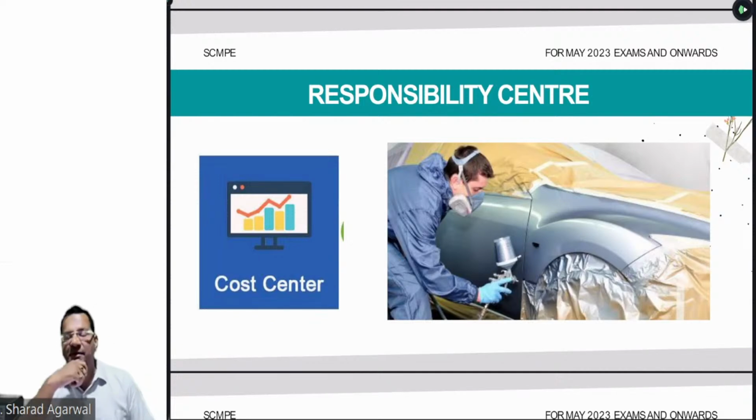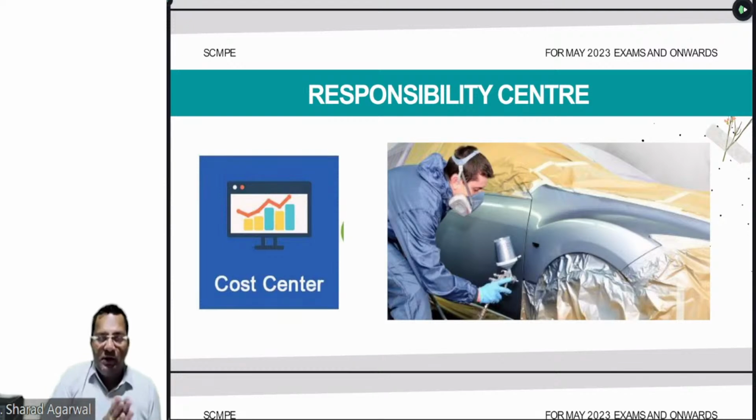Okay. Now, please tell me, beta, this is a very, very important point. If you are the cost center, whether you will focus on cost control or whether you will focus on cost reduction also. What's your view, beta? If you are the cost center, you have been designated as cost center, whether you should focus only exclusively on cost control or you should focus on cost reduction also. Please communicate me your view.